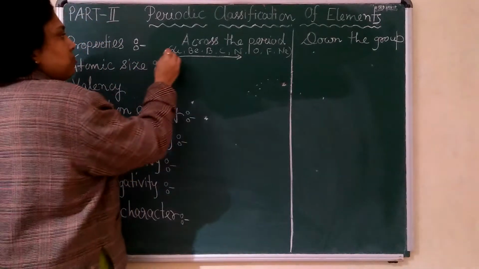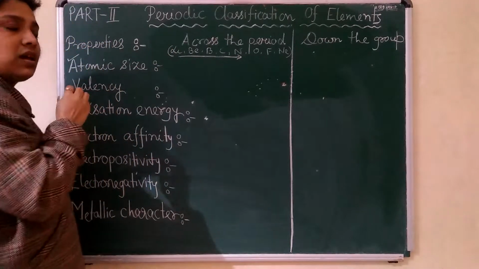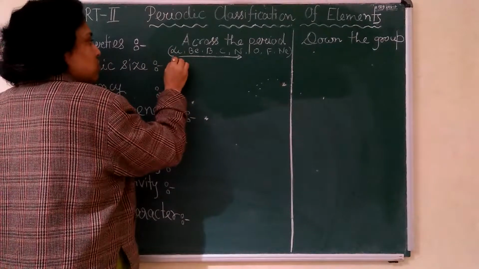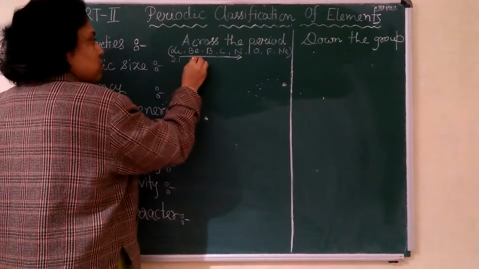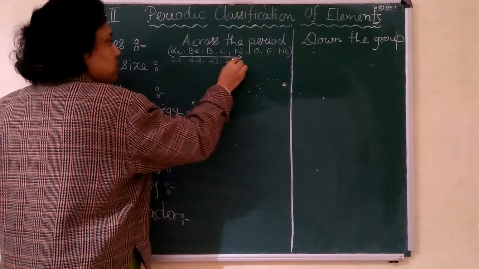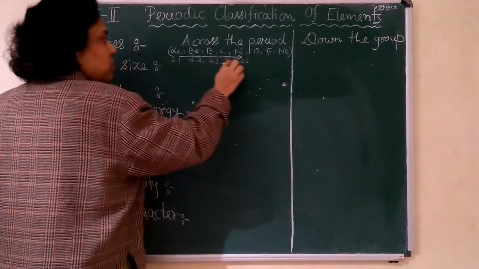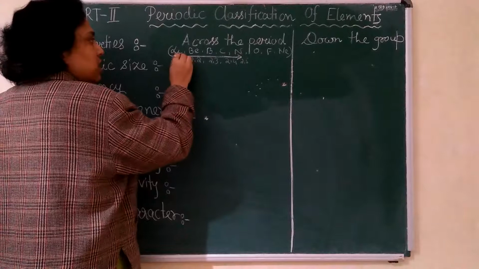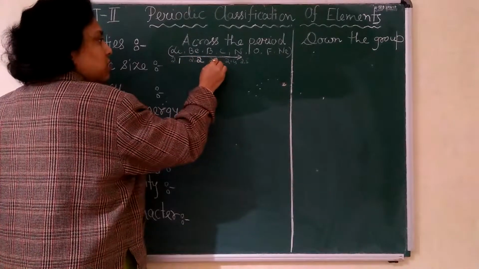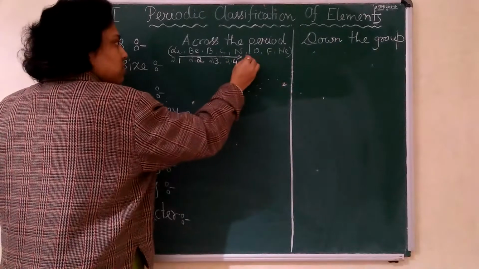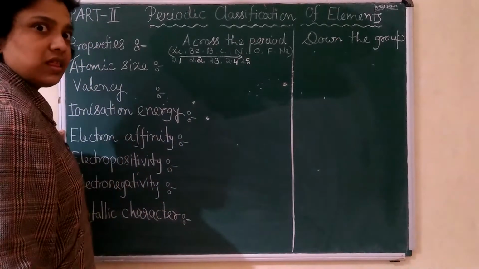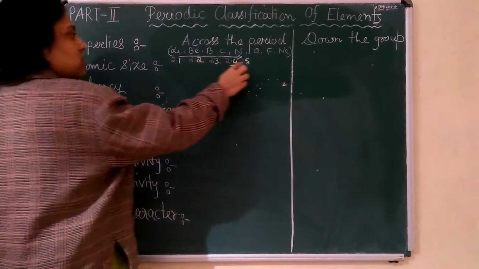Okay. Now what happened in this? See the electronic configuration. This one is 2, 1, this one 2, 2, 2, 3, 2, 4, 2, 5. So same shell number, electrons are adding. See the shell number, only 2 shells, but valence electrons are increasing. Last shell electrons are called valence electrons. Valence electrons are increasing.